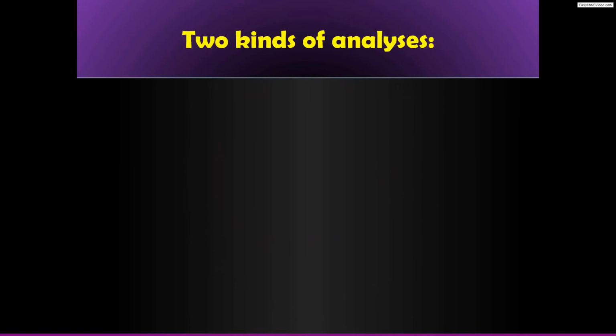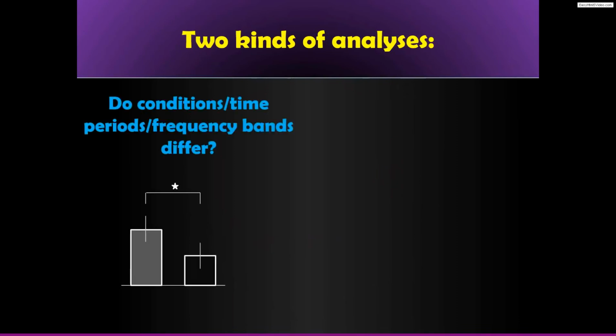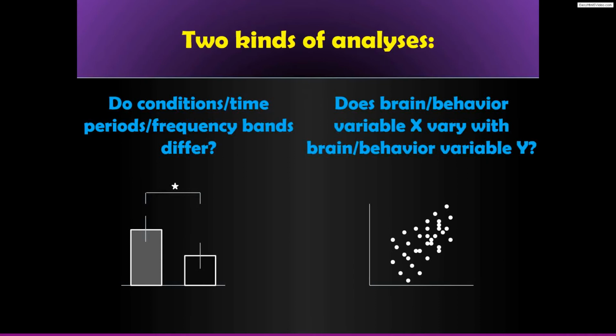In general, this is also a fairly trivial point, but most, or I should say all, of the analyses you do generally fall into these two kinds. You want to do some kind of a discrete analysis. You want to know, are these two conditions different? Are two different time periods different, or frequency bands different? You're not limited to two, but the point is that these are comparisons between discrete sets of data,